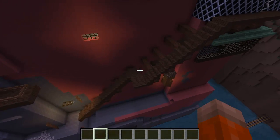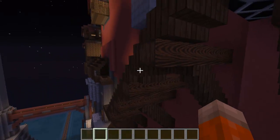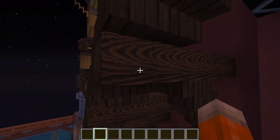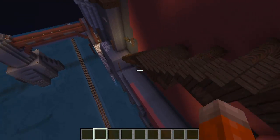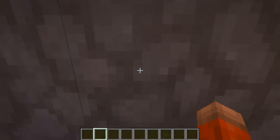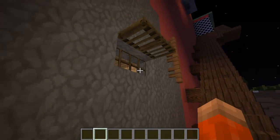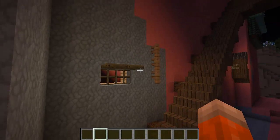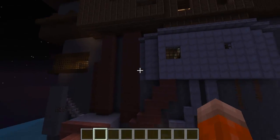They used to look a lot worse, but now they look better, just saying. I'm really proud of these spruce logs. It's supposed to look like wooden beams that have been stained or something. Yeah, spruce logs. So she goes down and slams into this wall, and then she looks up and sees a frogman smoking a cigarette through this window. There's no room in there yet, but there will be. It's just glowstone. And then she goes down these stairs,